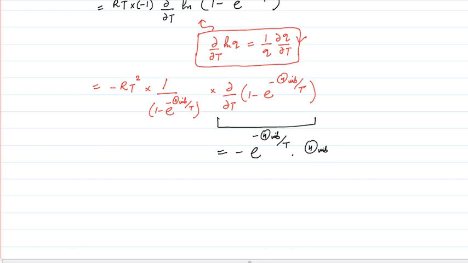theta vibration into 1 upon t square. That means this is the differential of the function theta vibration upon t, which will be equal to theta vibration, we will take it out, and with respect to t raised power minus 1 we will differentiate, that will be equal to t raised power 2 and this minus here. So you can